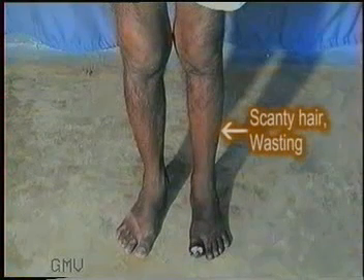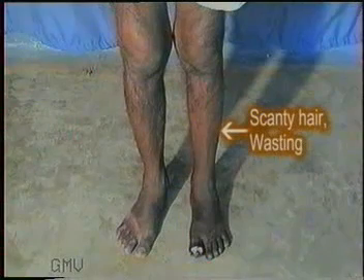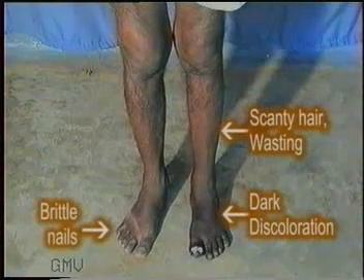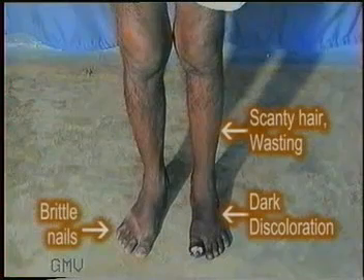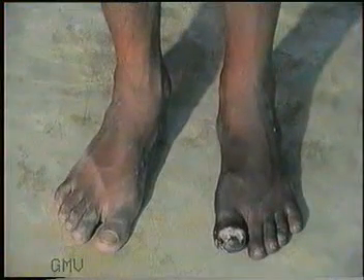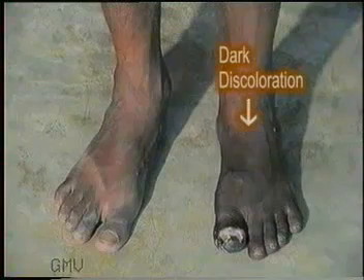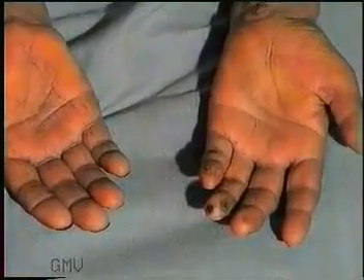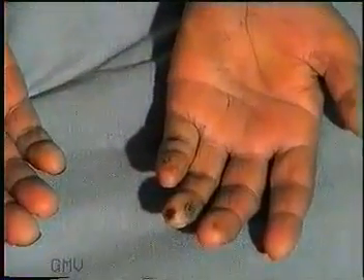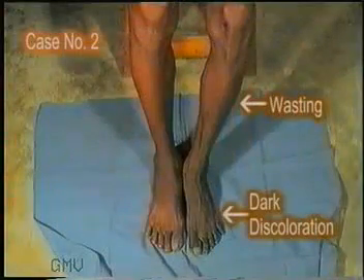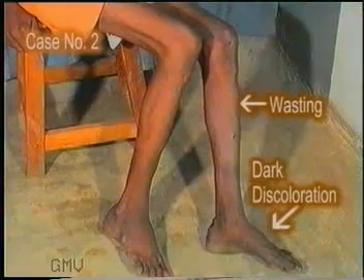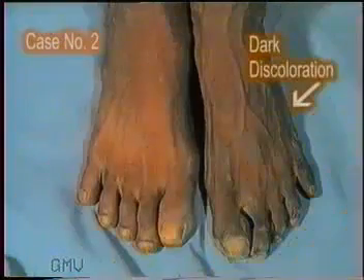The skin over the lower part of the leg and shin is thin and shiny with scanty hair. The leg is thin due to loss of subcutaneous fat and muscle wasting. The nails are brittle with transverse ridges. As the blood supply becomes critically less, the distal parts of the fingers and toes become darker in color, and the tips of the fingers or toes may show ischemic or trophic ulcers. Once again, note the ischemic leg on the left side, which is darker than the normal right leg and has a wasted, shriveled up appearance.